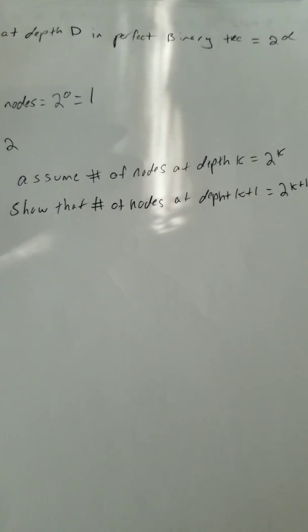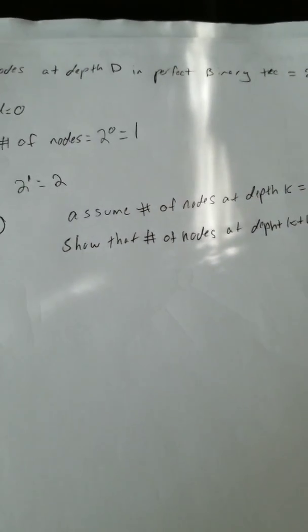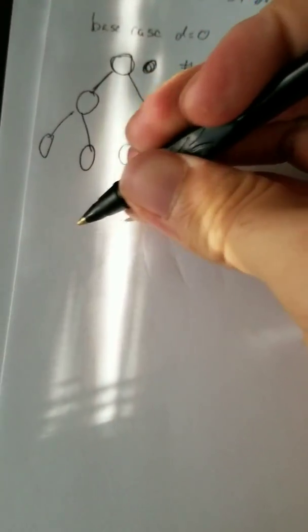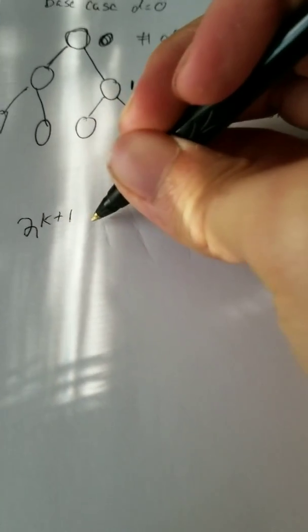Now, let's assume that for the number of nodes at depth k, we have 2 raised to the power of k holds true. So now we're going to show that the number of nodes at depth k plus 1 equals 2 raised to the power of k plus 1. So here's what we're going to do. We're going to say 2 raised to the power of k plus 1 equals